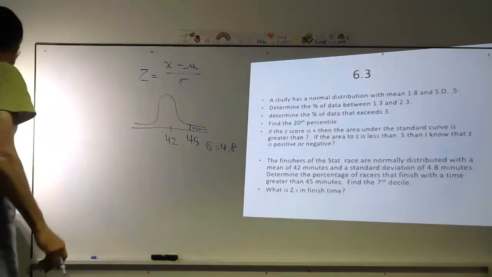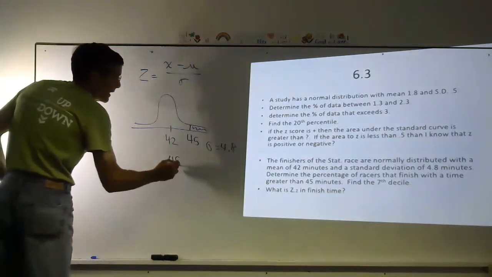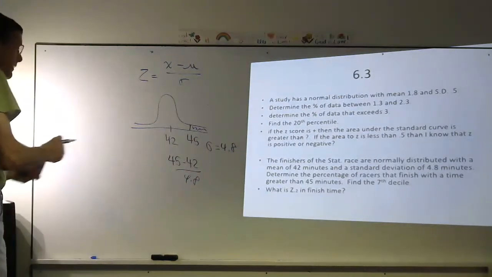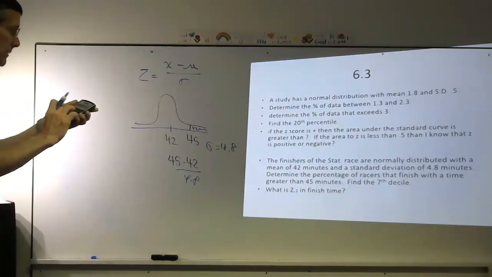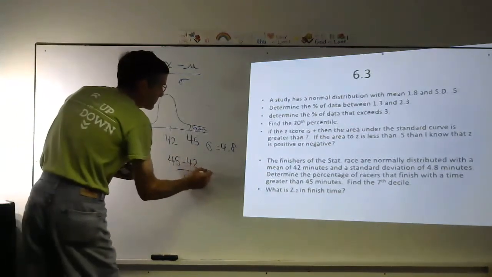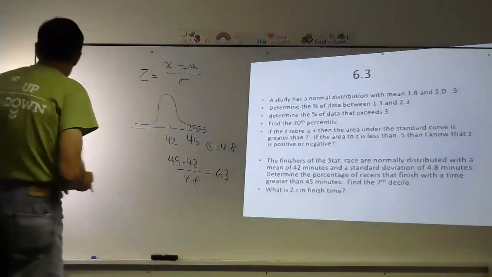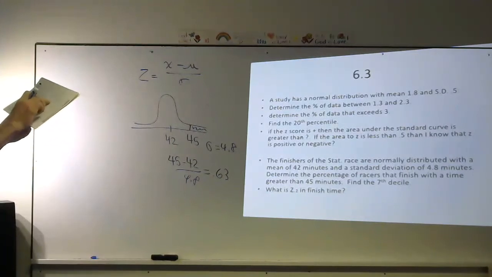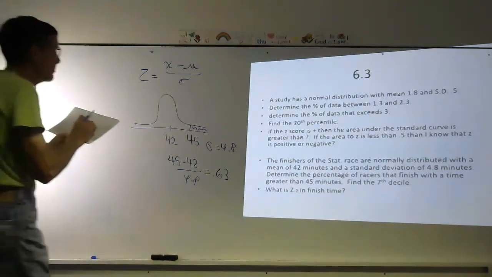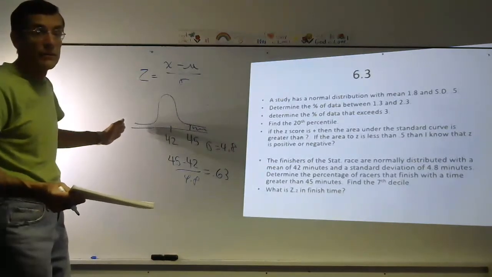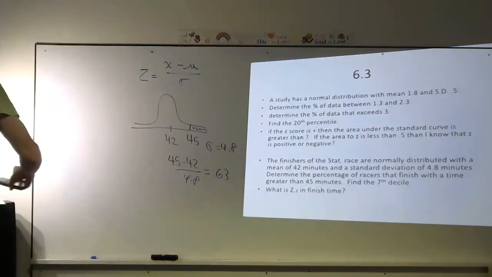So greater than 45, I'm going to do 45 minus 42 all over 4.8 to get the z-value. That's 3 divided by 4.8. I get 0.63. You have to round off to the nearest hundredth to use your chart. So a positive 0.63 should be 73.57%, but hold everything. That's to the left. So I've got to take 1 minus